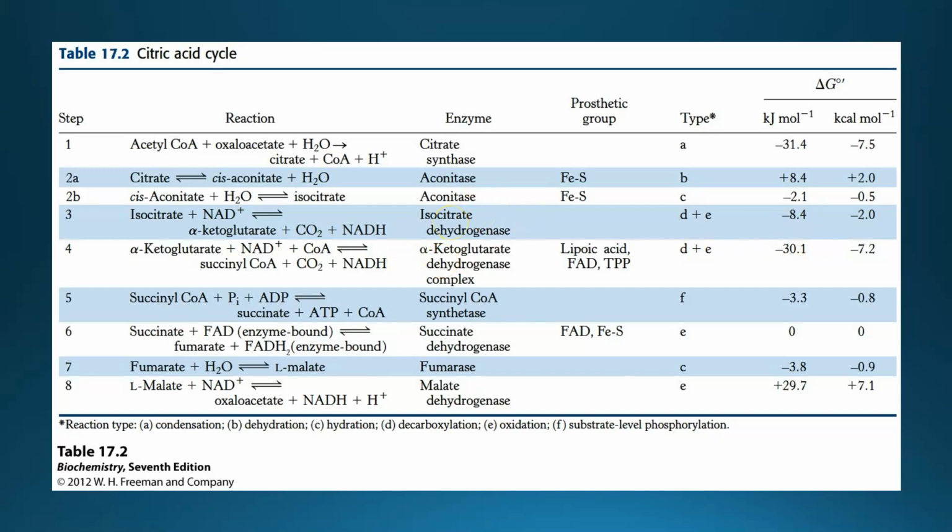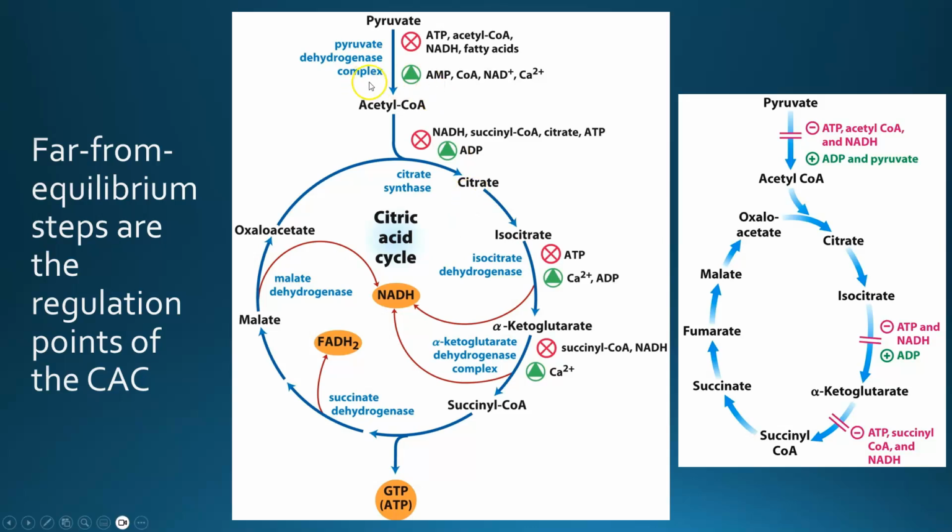Those reactions, as you might predict, are the key control points for the regulation of the citric acid cycle. One of the things that you want to be able to do when you're studying metabolism is to rationalize why it makes metabolic sense for ATP, for example, to be an inhibitor of the pyruvate dehydrogenase complex, while AMP would be an activator, and all of the other ones except for calcium, which we haven't really discussed yet.